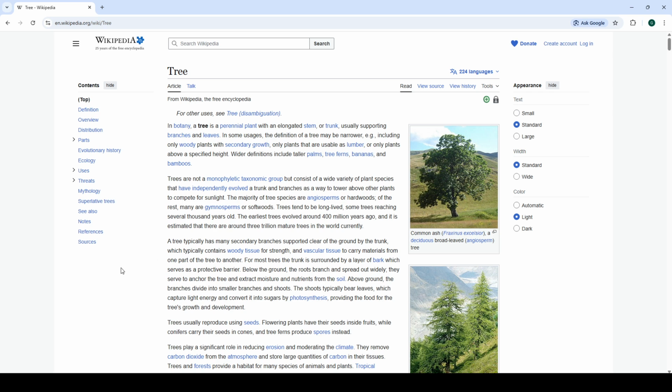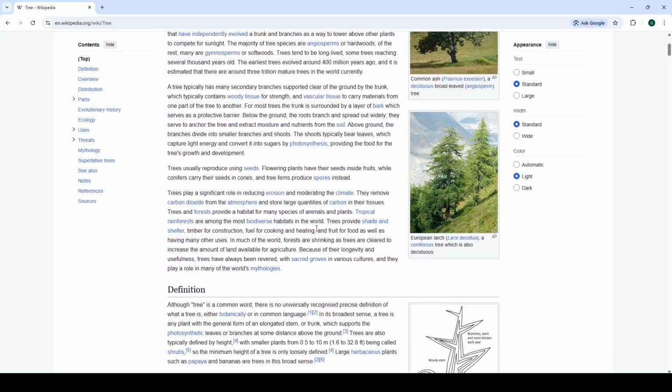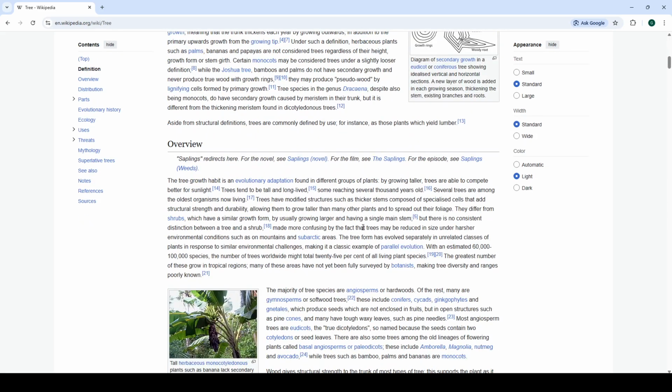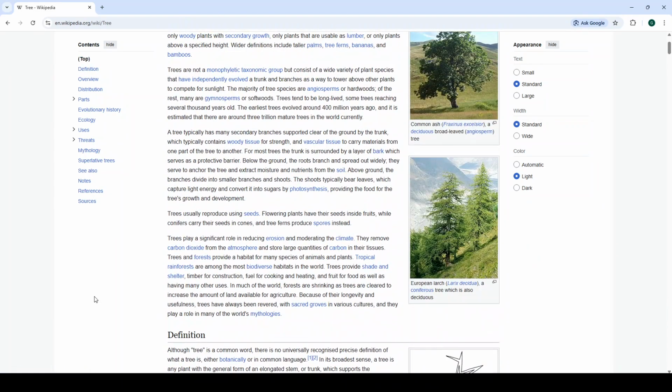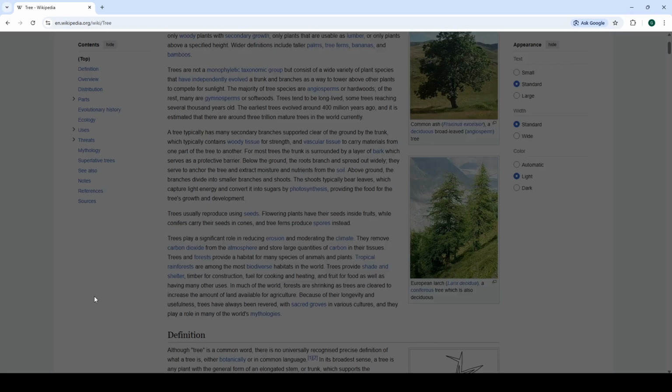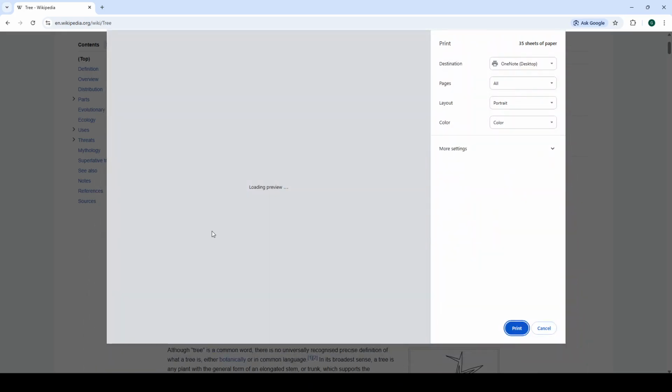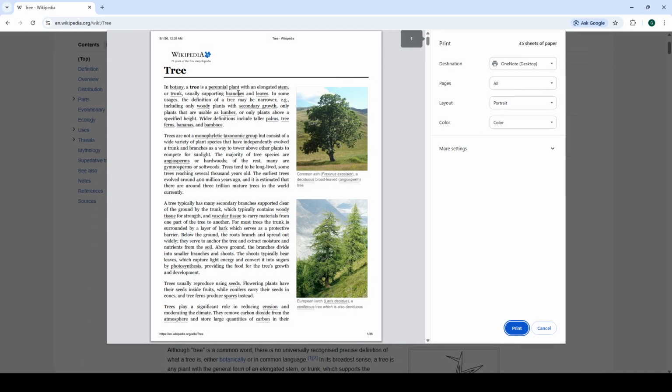First, open Google Chrome on your Windows PC or laptop. Make sure you are on a page you are ready to print. This can be a website, a document opened in the browser, or anything that supports printing. Next, press the Ctrl and P keys on your keyboard at the same time. This opens the Chrome Print interface. On the left side, you will see your print settings, and on the right, you will see a preview of